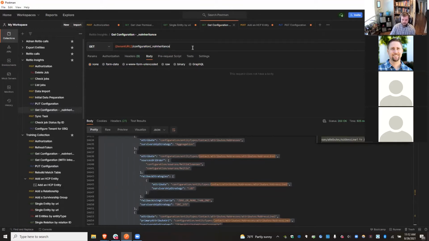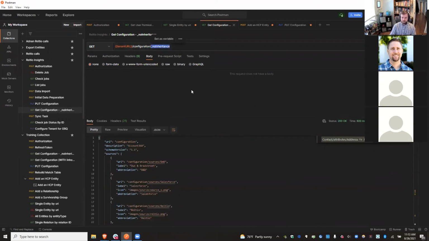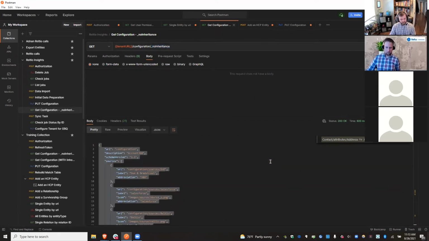The L1 and 2 are uneditable, but they're useful if you want to understand how, for example, contact is inheriting from individual, and some of these attributes may not be listed in the L3. Most of them will be. But anytime you're making any kind of configuration change, you're always going to want to grab the no inheritance version, or the L3. So what I'm going to do is grab the response here